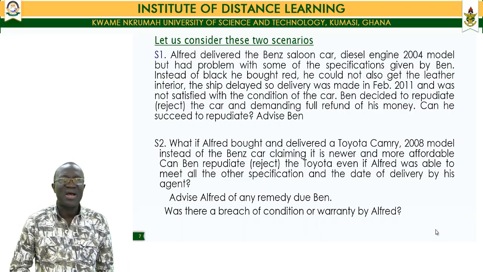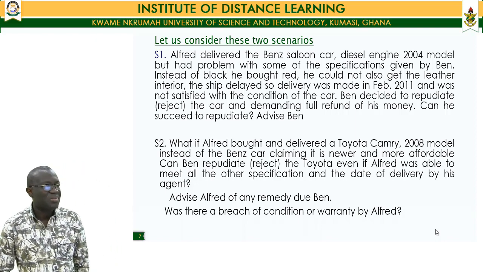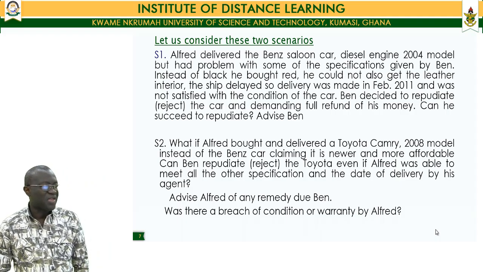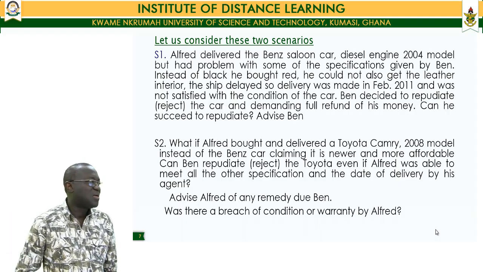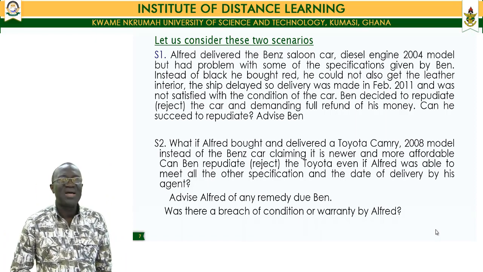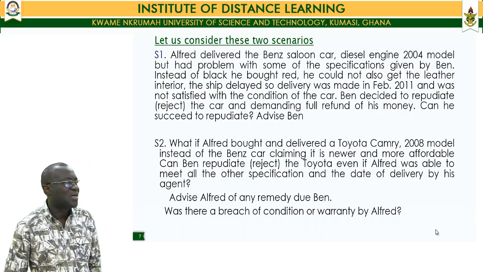But when the car arrived, they had a problem. So the car was delivered, brought to them. That is the first scenario. Every specification was considered, but instead of a black color for the car, he got the color red. He could also not get the leather interior